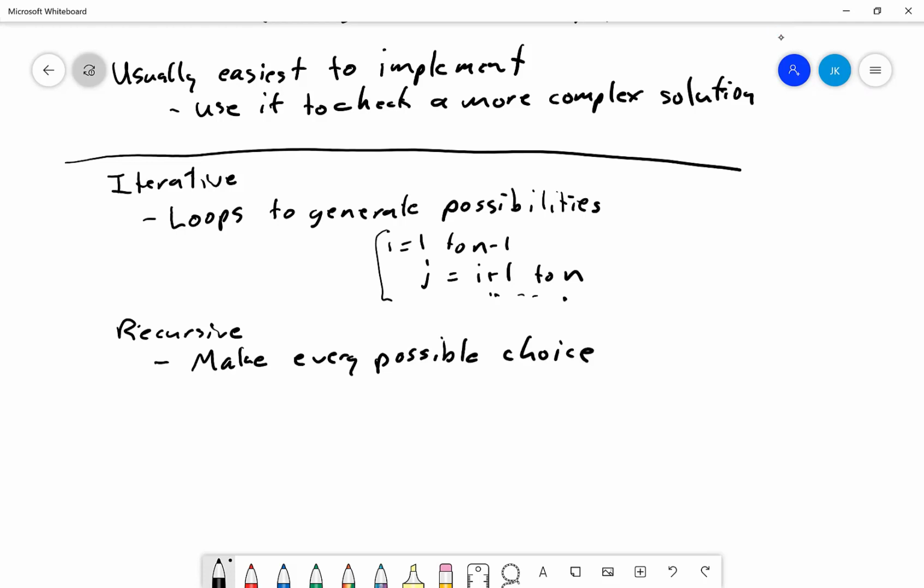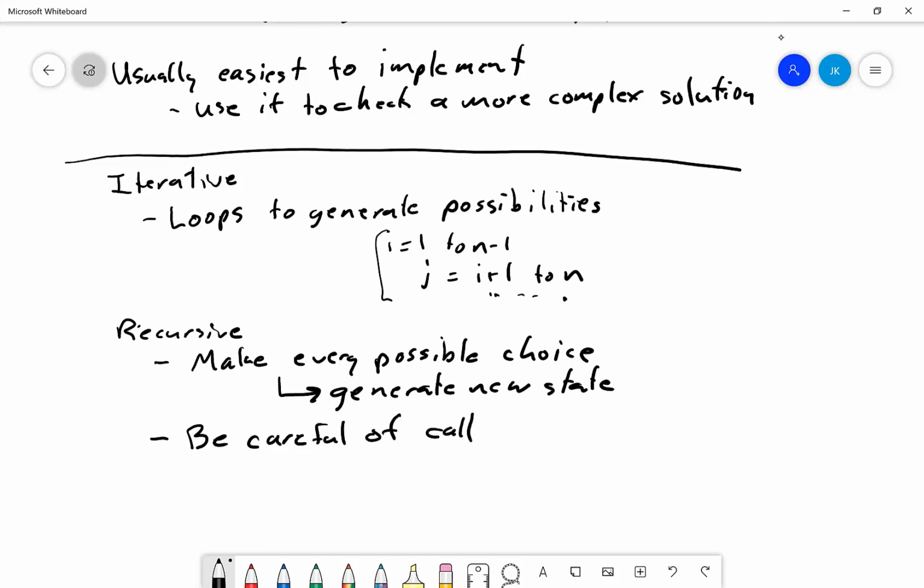So if you're in one state, you try to make all the choices to generate all the new things. Each of these is going to generate a new state. Then you would evaluate that state and so on, and eventually you would come to a solution. So there's two things about recursive approaches. One is you have to be careful of